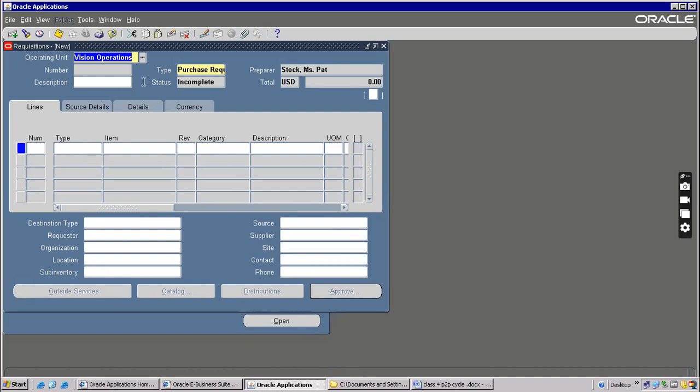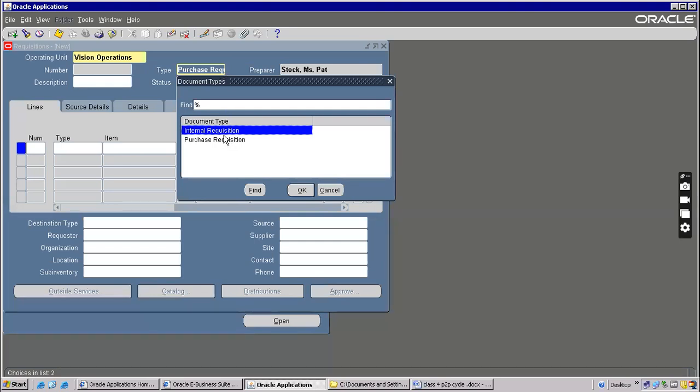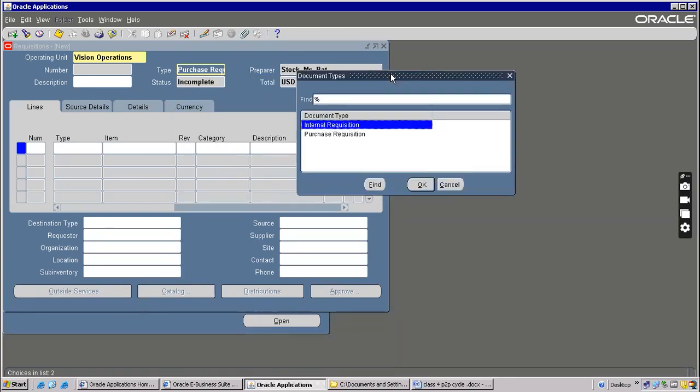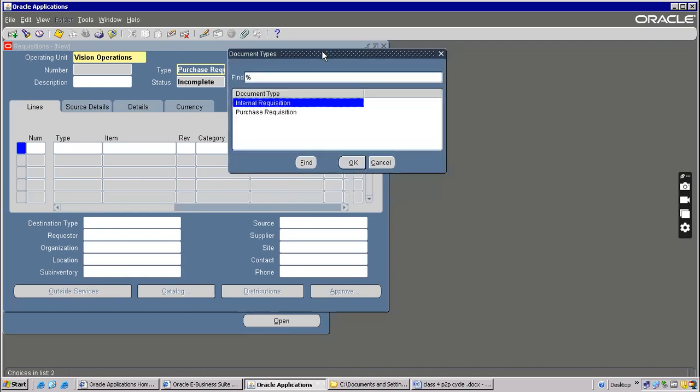There are two types of requisitions here. One is the purchase requisition. Another one is the internal requisition. Internal requisition means if your company has 10 branches, and in one branch there is a shortage, and you get it from another branch, that's called an internal requisition.